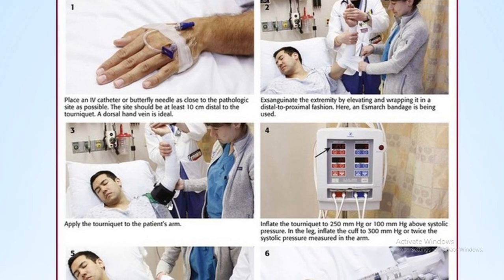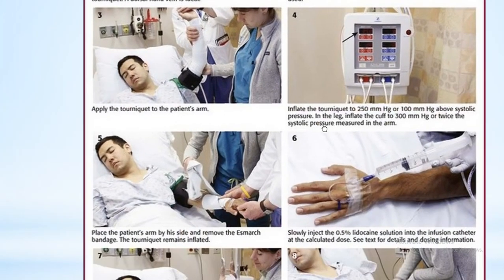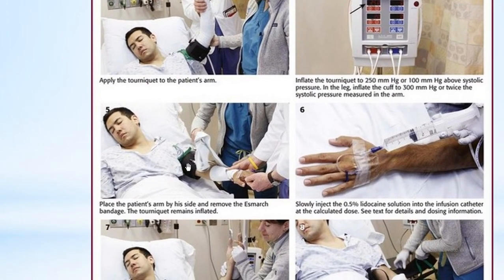Next, the tourniquet is applied, similar to what you have used with your sphygmomanometer. Such a tourniquet is applied proximally. Here your bandage is applied, so just proximal to that the tourniquet is applied. After application, it is inflated above the arterial pressure. You can see the pressure to which it is supposed to be inflated. It should be inflated at a very high pressure. Following this inflation, it is maintained and the elastic bandage is removed now.